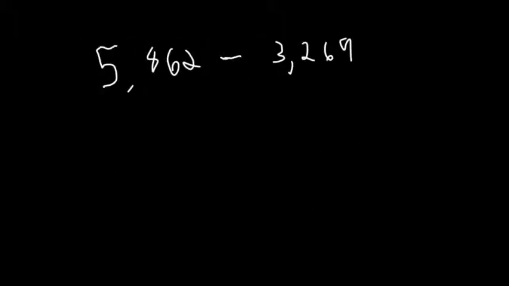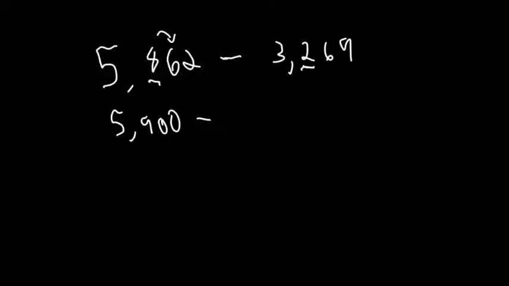Alright, sometimes when we're working with whole numbers, we don't want an exact answer. Sometimes we just need to get close. So in this case, we have 5,862 minus 3,269. And I don't want the exact answer here. I'm just going to estimate. So I'm going to round to the nearest hundred. I'm going to take that 5,800 and round it to that 8, and the 3,269 and round it to that 2. So the first one, the 8 looks at the 6. The 6 is greater than 5, so it tells it to round up. So I'm going to have 5,900